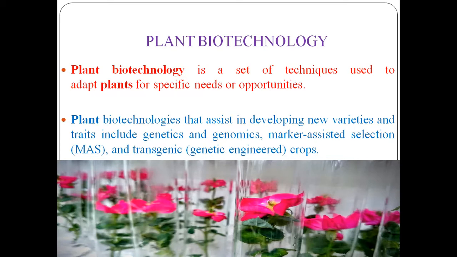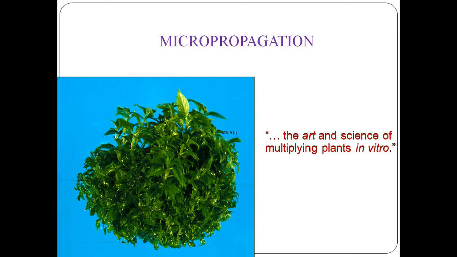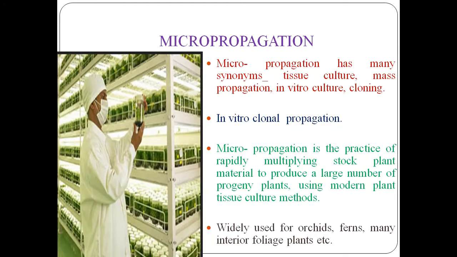Now next is micropropagation. What is micropropagation? Micropropagation is the art and science of multiplying in vitro. So it means the in vitro condition. Wherever in vitro conditions are there, it means we have the micropropagation method, or we can say that it is the vegetative propagation of plant under in vitro state of high light force, controlled temperature and the defined supplement medium.